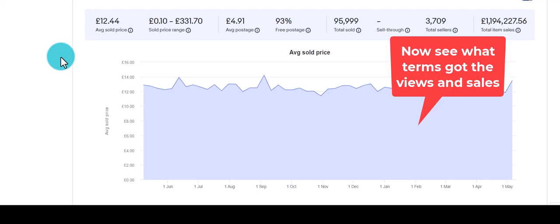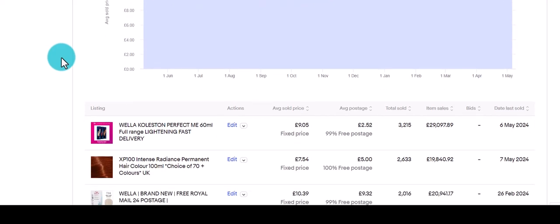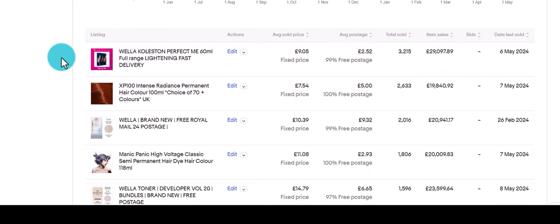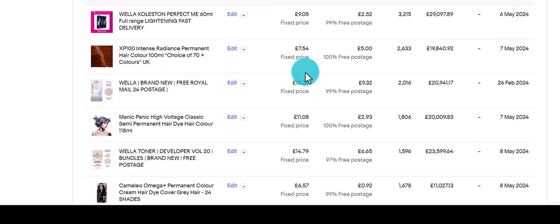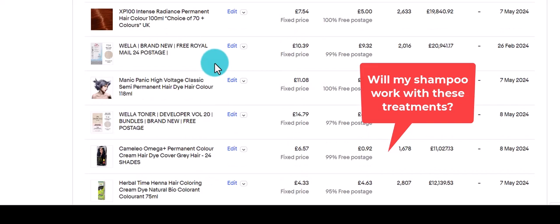By actually doing a tight focus, which is really right in on it, and then a far away focus, I can now go and see what the heck is getting the sales. So it appears that something by Wella seems to be going exceptionally well with £29,000. Gosh, perhaps I should move my focus. Now these are actually hair colours by the look of it, rather than